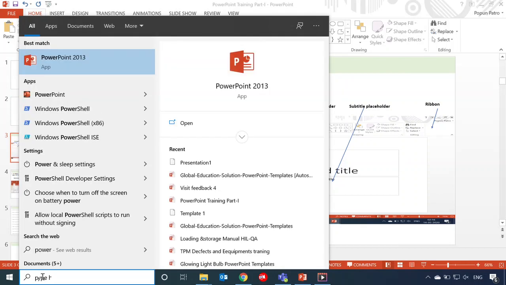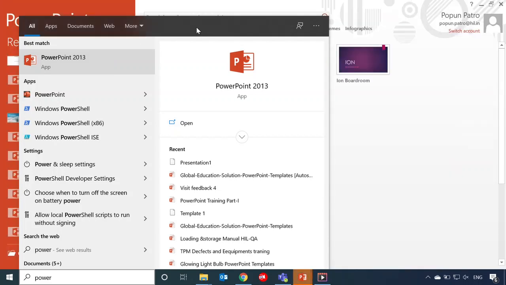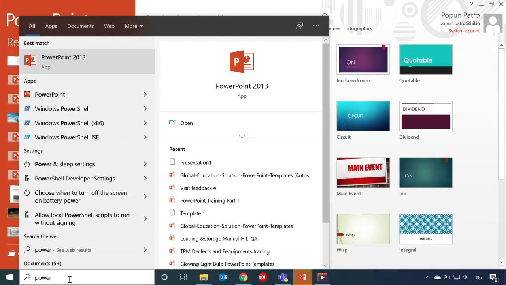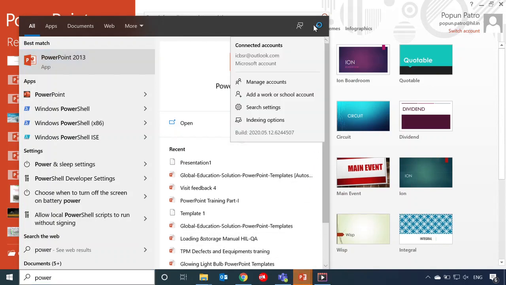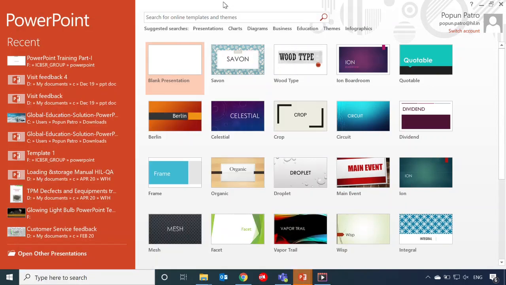Look here, when I type power, it automatically shows PowerPoint. Double click on that. Now minimize this, double click on that, then click on blank presentation.